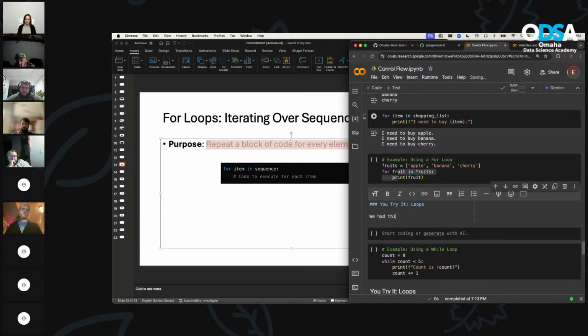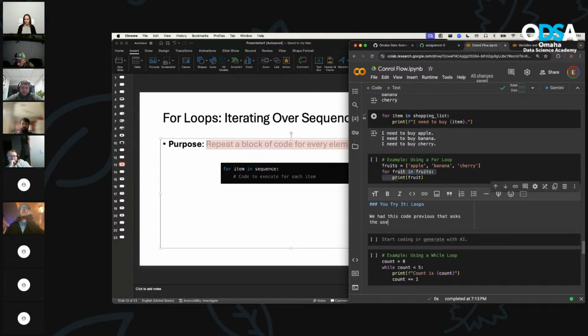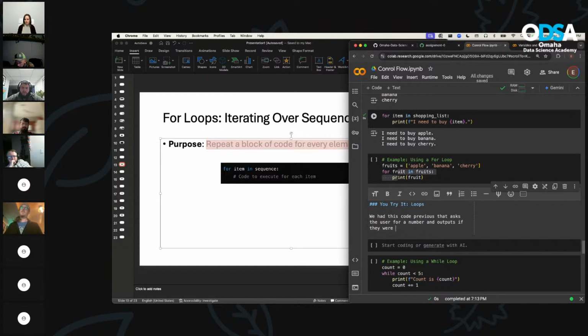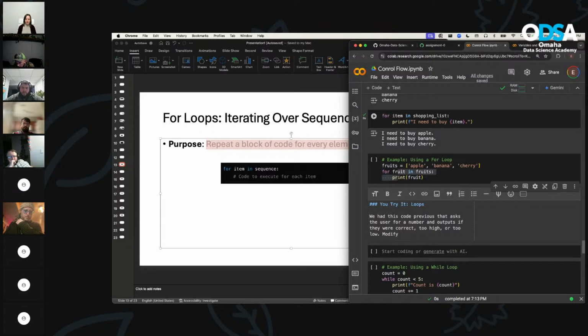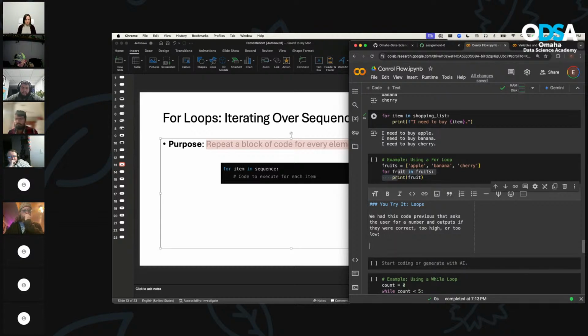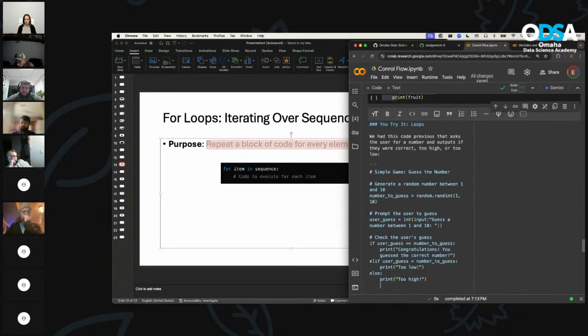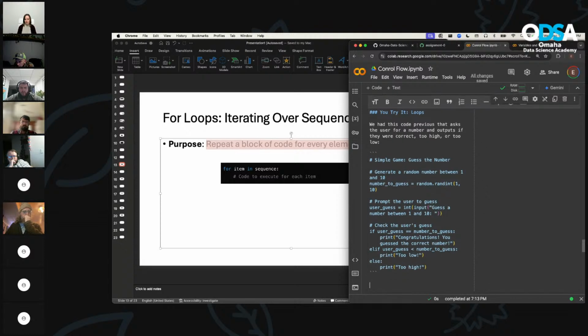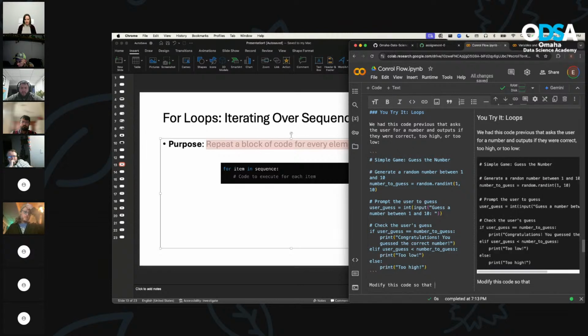We had this code previously that asks the user for a number and outputs if they were correct, too high, or too low. I want you to modify this code so that